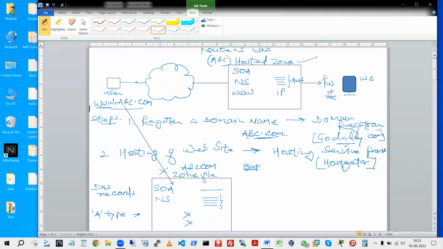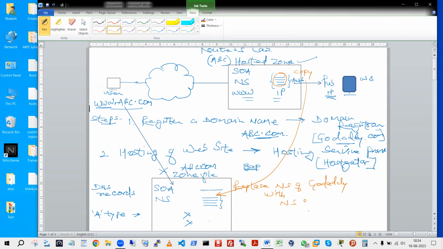AWS में। तो ये गैप को ब्रिज करने के लिए हम क्या करेंगे, because whatever entries you're going to make over here now, it is all getting updated in the name servers of AWS, और name server addresses आपको यहाँ दिखाई दे रहे हैं। So you're going to pick up all these name server address values, meaning you're going to copy all those name server address values, and after doing copy, you're going to replace name servers of GoDaddy, right? You're going to replace the name servers of GoDaddy with the